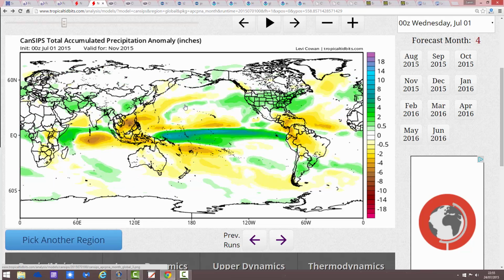to September. And then finally we go through to November, and this is the reason it's gradually trending colder through the autumn with the CanSIPS. We've got this ridge up to the north of the country there, and we've got low pressure down to the south. So between the two, we're probably pulling in sort of easterly, northeasterly flows, I would anticipate. So that's the reason it's gradually trending colder